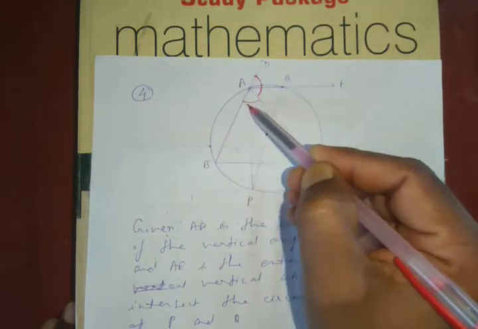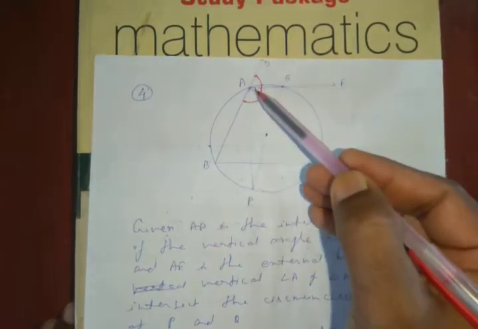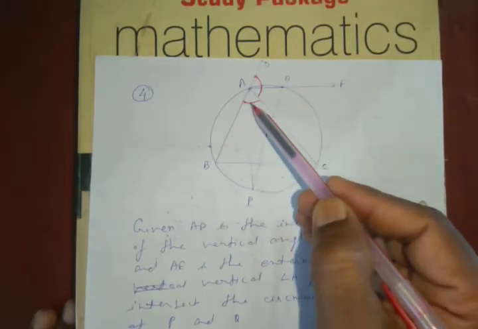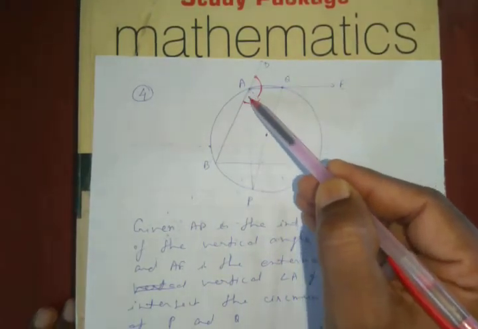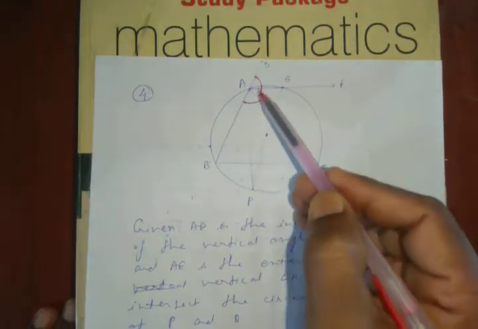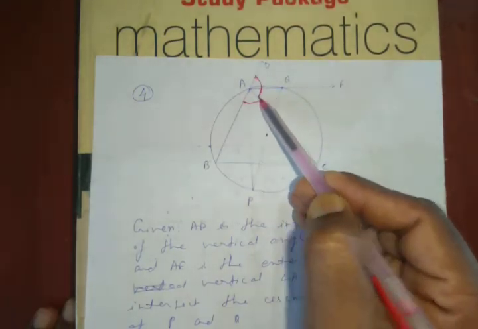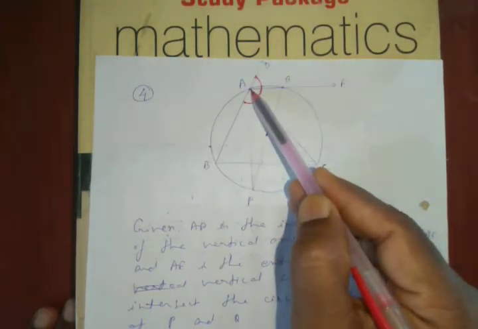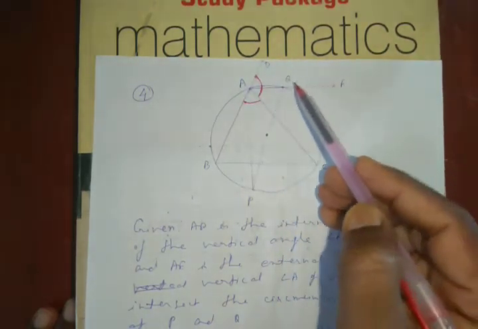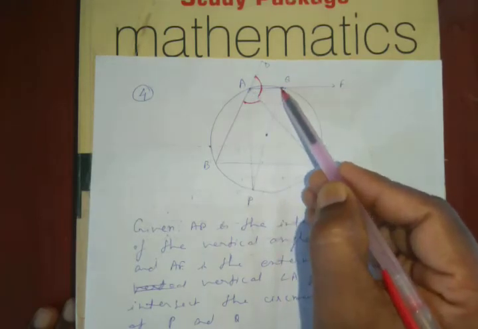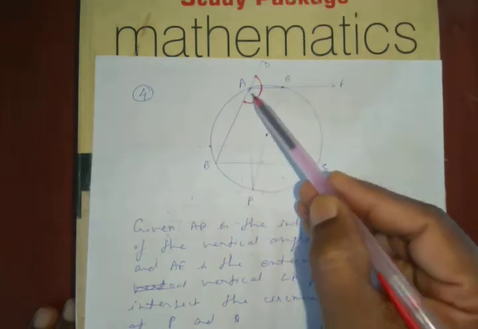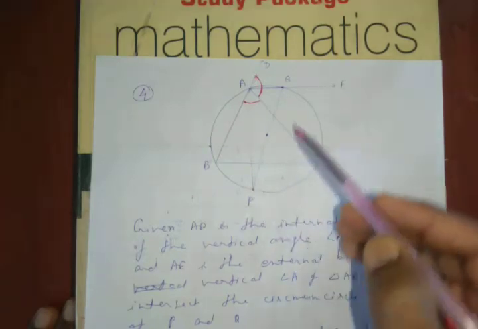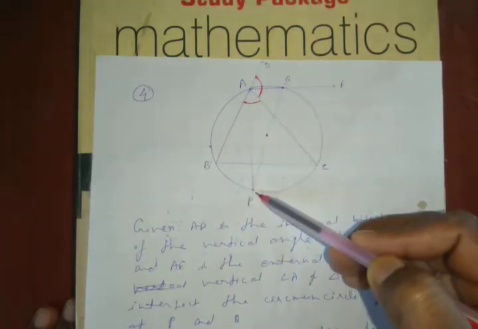This is the exterior and this is the internal angle, and the bisector of this internal angle is AP, and the bisector of this external angle CAD is this one. This external bisector intersects the circle at point Q, and the internal bisector cuts at the point P. When you join PQ, we have to prove that PQ is the diameter.